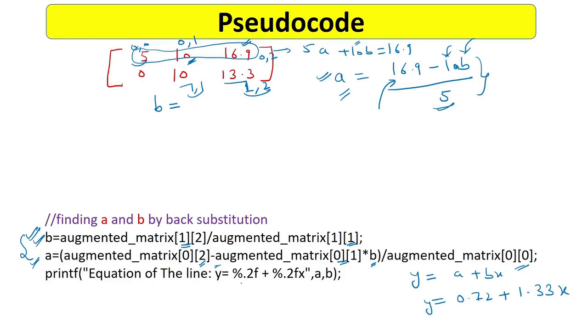Here you can see I have printed the same thing, y equal to this percent f, that means this thing A. Then the second thing is B, so I will be printing B from here, and I have just used the plus sign just to print this plus. And percent 0.2 is just for printing 2 decimal places after the point. So this will be printing my equation line.